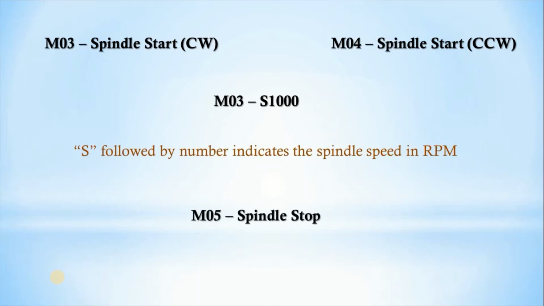And M05 for the spindle stop. Whenever we want to stop the spindle after completing the operation, there we can use M05 code. Then M06 is a tool change,